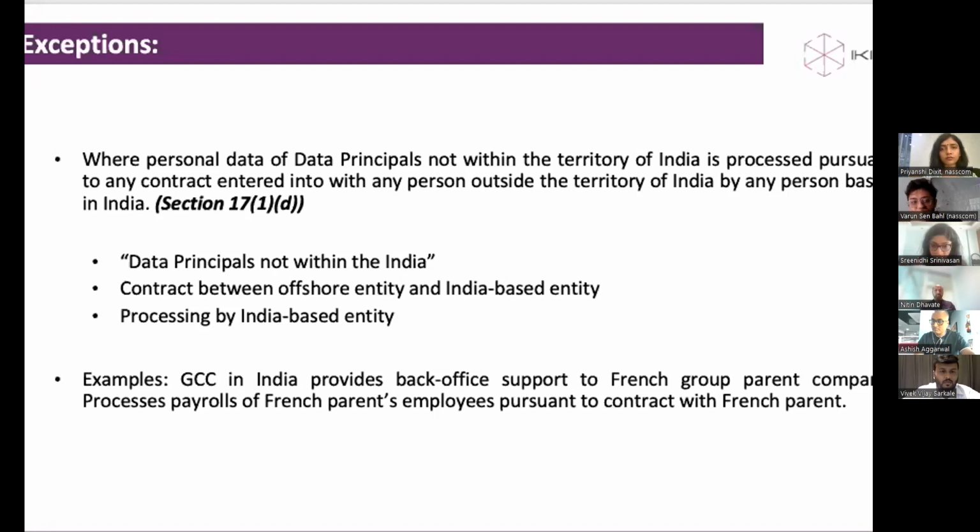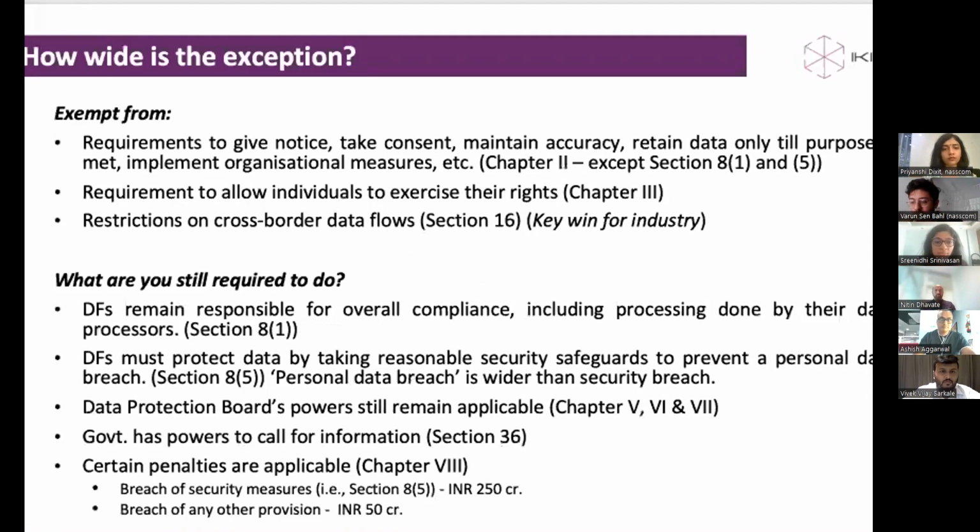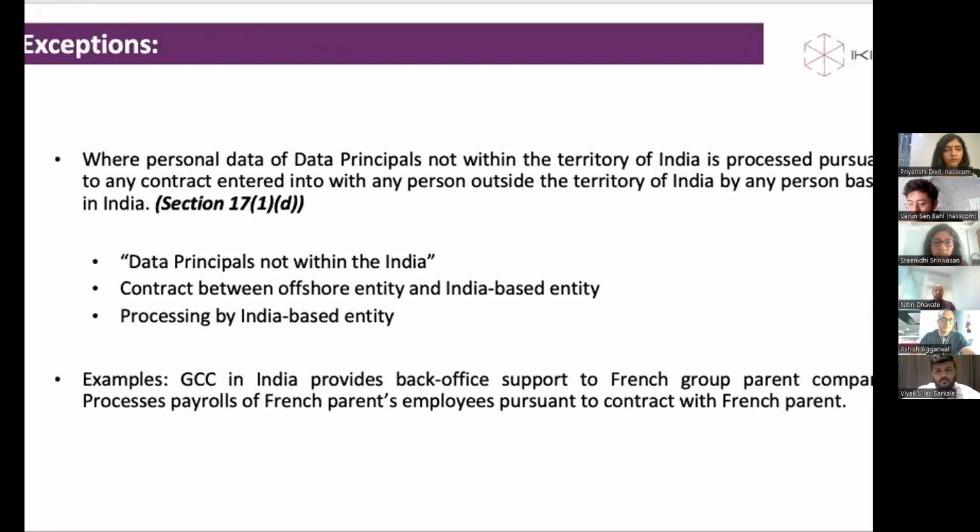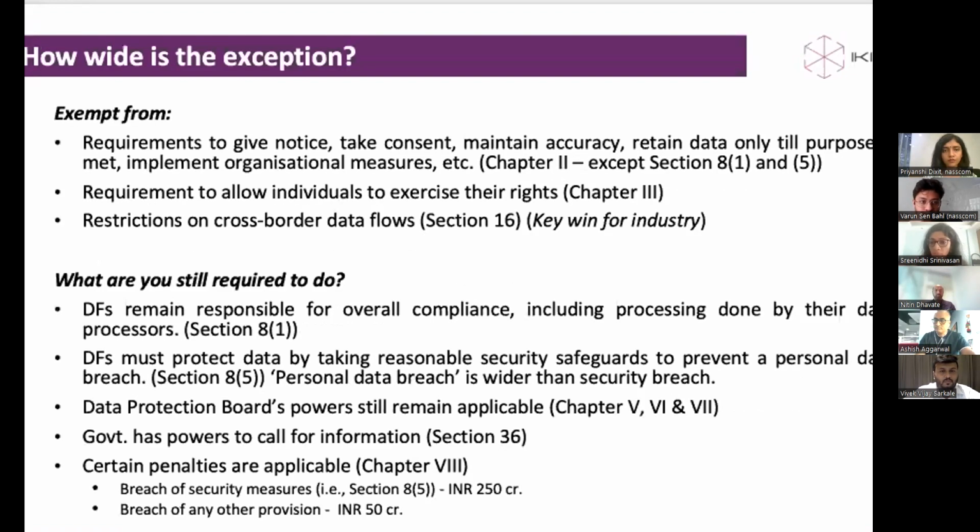It is a fairly wide exemption, but it is also not a blanket exception. What that means is that the law doesn't say that in these situations this act does not apply at all, but it does exempt several key obligations under the law. There are different chapters in the law, and one of them is all of the obligations of data fiduciaries, which include, for any data processing activity,